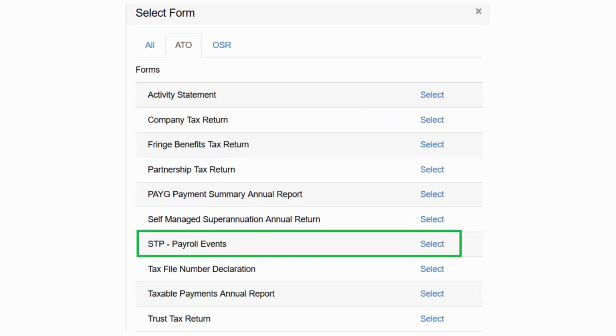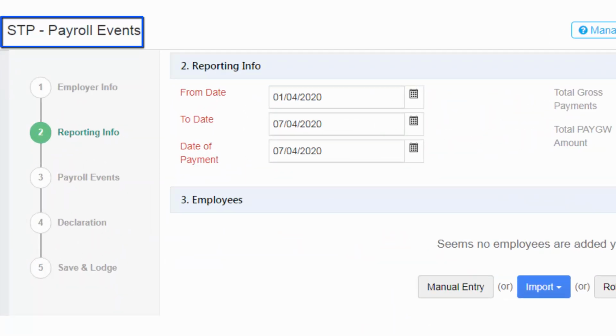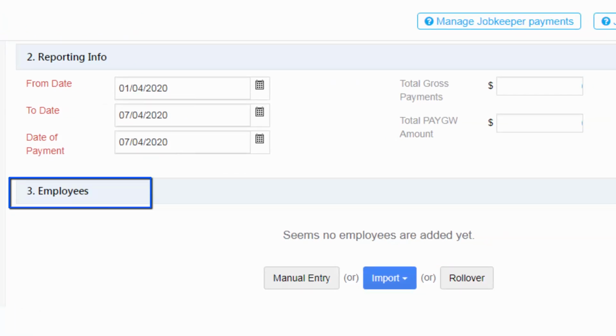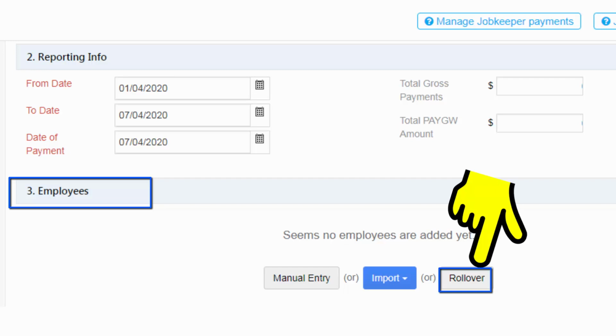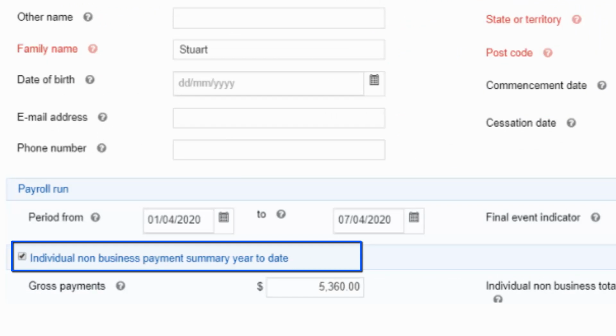Go to Forms, STP Payroll Events. The STP Payroll Events form opens. Enter the reporting info. In the Employees section, select Rollover Employee from Previous Pay to bring across the employee's information and the year-to-date gross pay and PAYGW. As there was no pay during the lockdown period, year-to-date figures of pay will be the same.